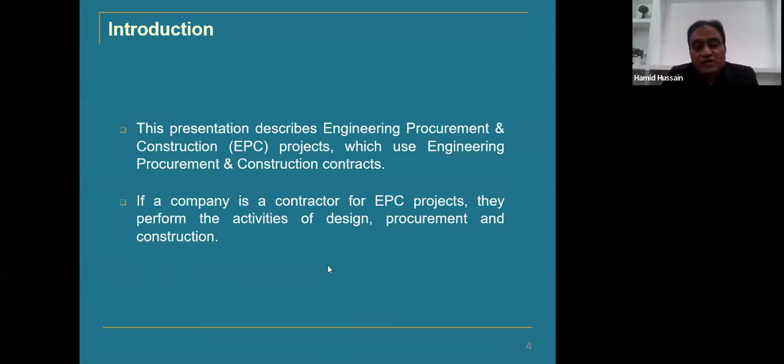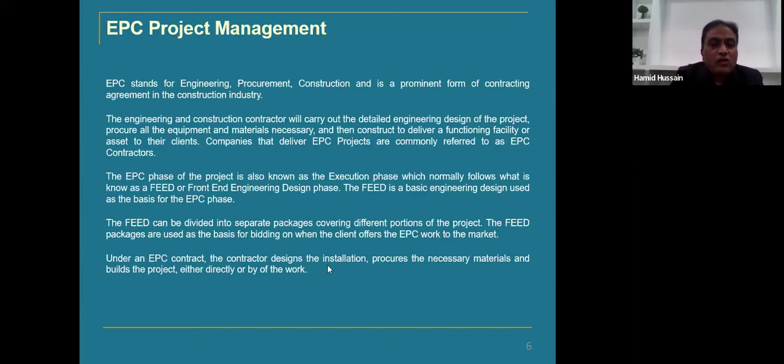The awarded contractor will then start designing and making the documents for procurement, and making the deliverables, documents, or drawings for the construction purpose, so that a construction engineer at the site will use them. The basic aim is to construct a plant, but it has different phases. When we talk about the different phases and their management, as I said,